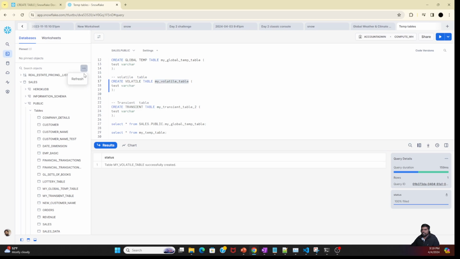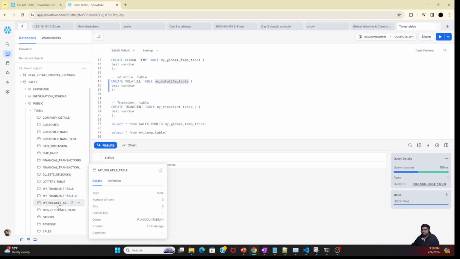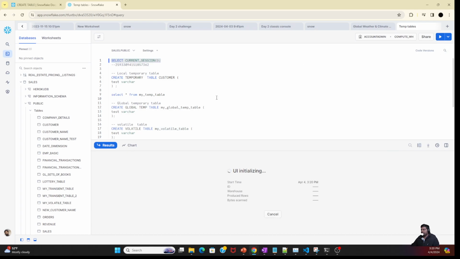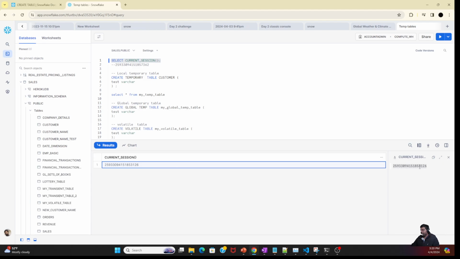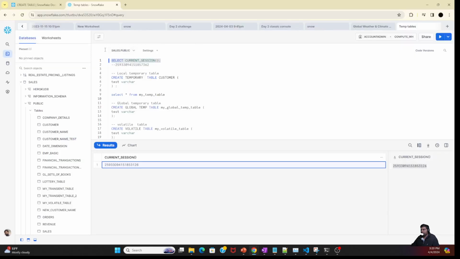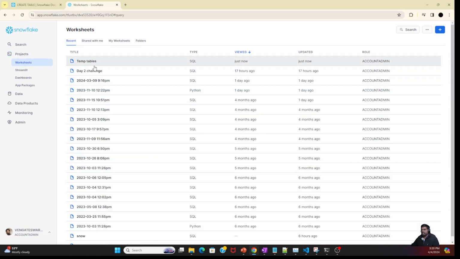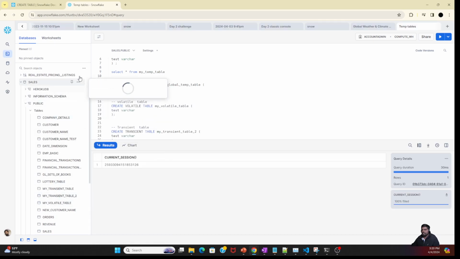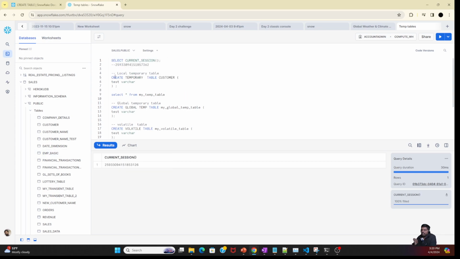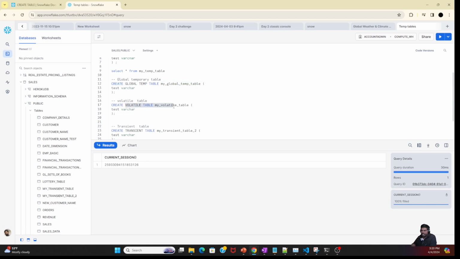So if I refresh here, we have two, the transient table and the volatile table. Now let's execute the session and see whether the volatile table stays after the session has been terminated or not. So it's terminated. Go back here and refresh the temp table. It's gone. So temporary table, global temp, volatile, all three are the same category, which means they will stay